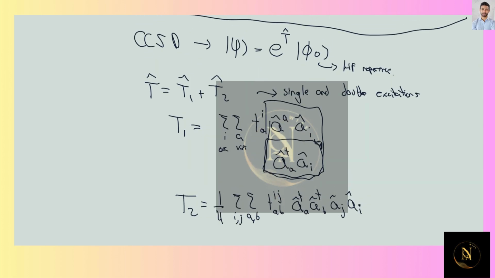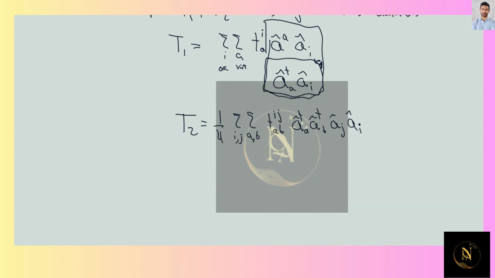And all of these are going to be creation and annihilation operators in second quantization. So this is going to be the essence of the coupled cluster method. Then you are going to apply the coupled cluster equations, which are going to give you the energy. In particular, this wave function, which is the coupled cluster wave function, is going to be applied in order to get,